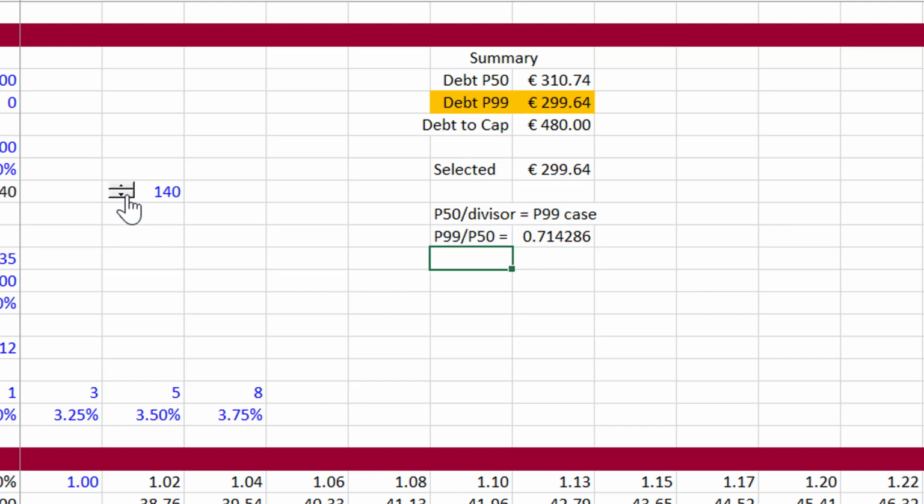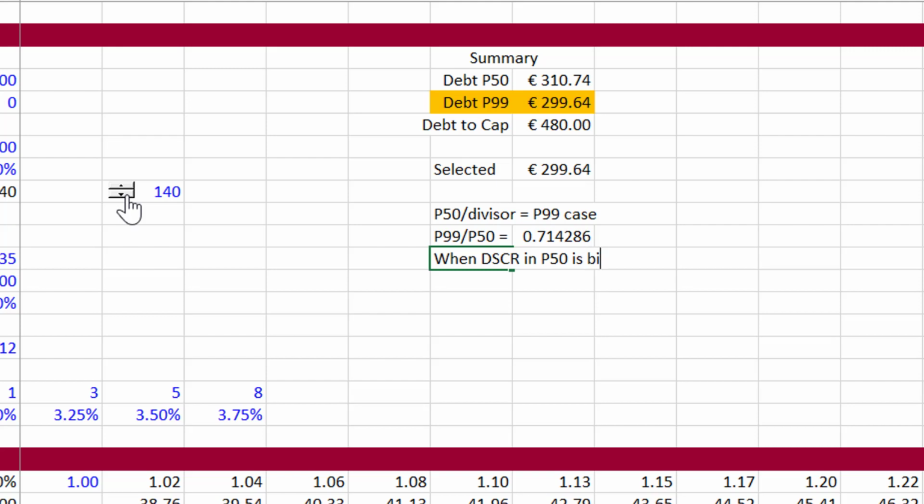Now, when a DSCR in P50, now this is assuming a P99 as a one-time DSCR, and I didn't spell when right, did I? P99, P50, when DSCR in P50 is